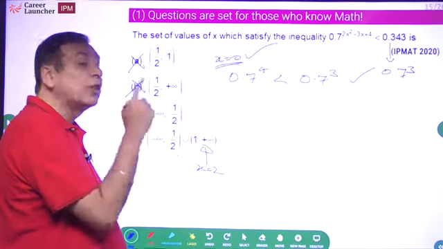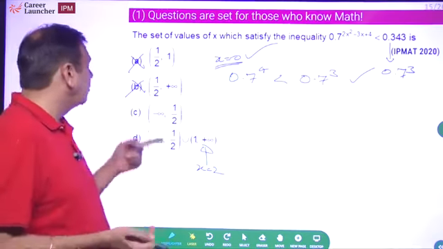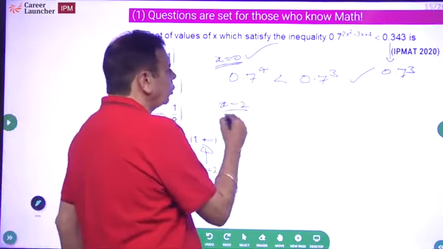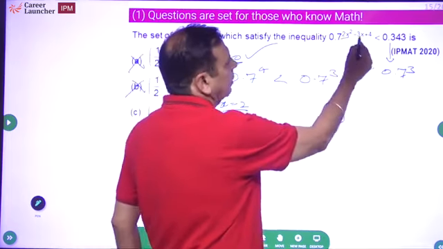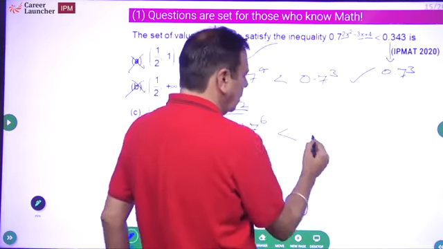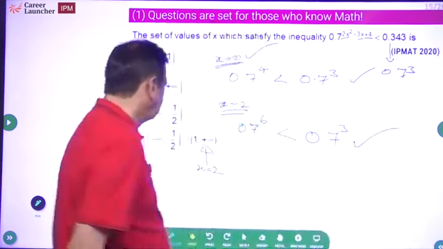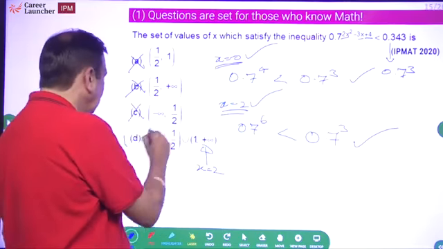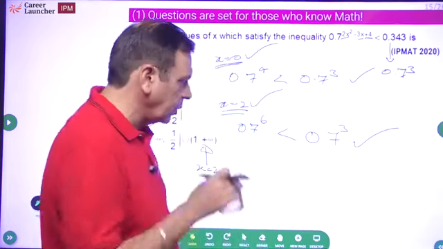If x is equal to 2 satisfies, then this will be the answer. If x equal to 2 does not satisfy, the answer will be C. That's all I will do. So x equal to 2, what does that mean? 0.7 raised to power 8 plus 4, 12, 12 minus 6, 6. This should be less than 0.7 raised to power 3. Absolutely right. That means x equal to 2 should be a part of my answer. This cannot be the answer here. Use the choices, substitute values to get to the answer.